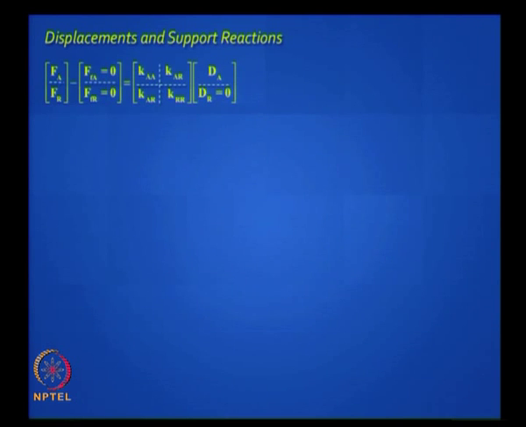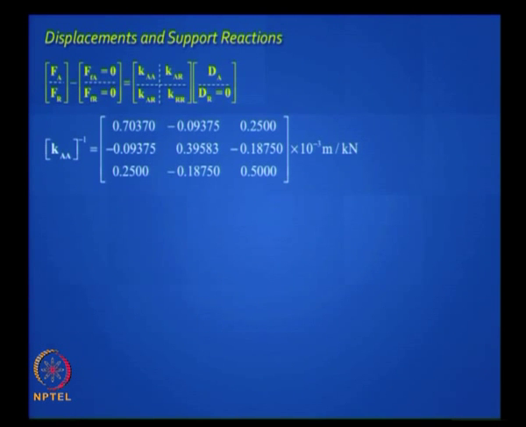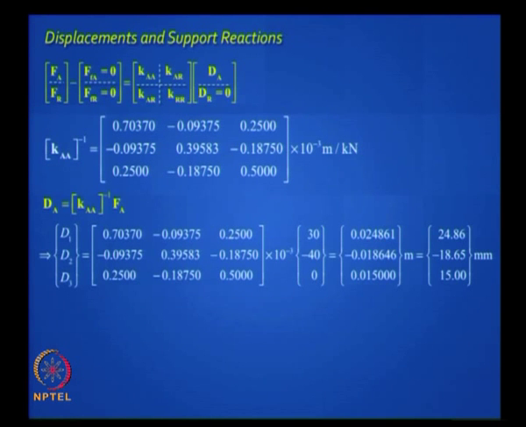So how do you do that in this particular problem? You have no fixed end forces, right? dr is 0, there is no support settlement, so it is a straightforward calculation. You can find the inverse of your 3 by 3 Ka matrix, and mind you the units will be meter per kilonewton now because it is a flexibility once you have inverted it. Then multiplied by the load vector you will get the answers. Those are your 3 displacements. Then what? Once you found dA, what do you do next?